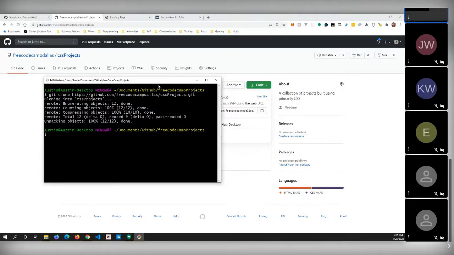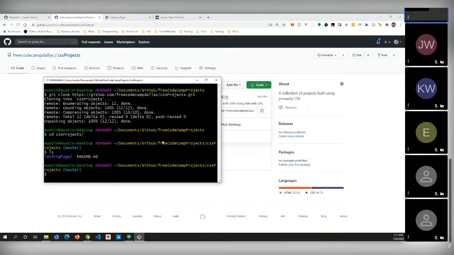So what we're going to do now is go inside of this repository, or folder, whatever you want to call it. We'll go inside CSS projects, and you can press tab to auto finish. It's something really cool in terminal I recommend you all get used to. And you can type ls. So what's inside our CSS projects folder? We see... I want to go inside the